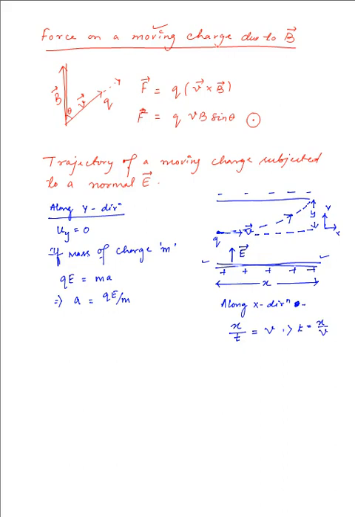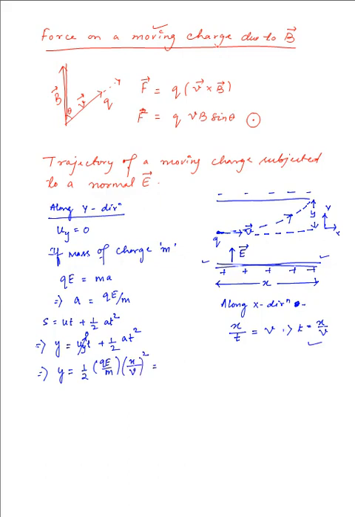Now for the y direction, in that time t, as it covers a distance y, we have s is equal to ut plus half at squared. So the displacement along the y direction is simply y, and this is uy times t plus half a times t squared. Now uy is 0 as we know, so y is equal to half the value of a, which is qE divided by m, and that of t is x divided by v